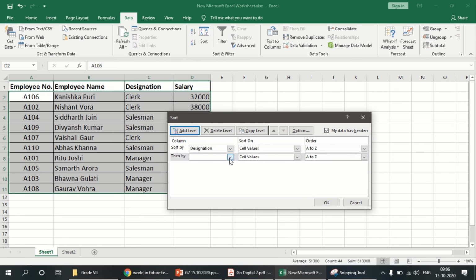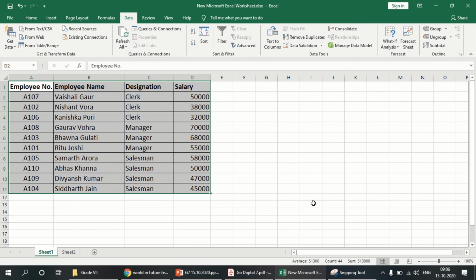Then we have to sort the salary, so choose Salary, Sort on Cell Values, and Smallest to Largest, and if you want largest to smallest, you can click Largest to Smallest. Now click OK. See, first comes the clerk, next the manager, and then at last the salesman. See their salaries: for clerk we have highest to lowest salary, for manager highest to lowest, and for salesman also highest to lowest.